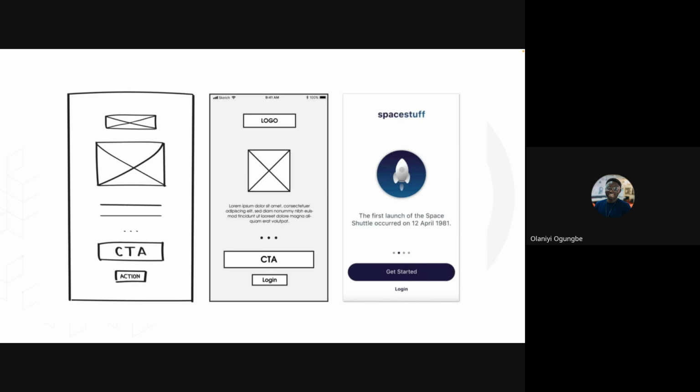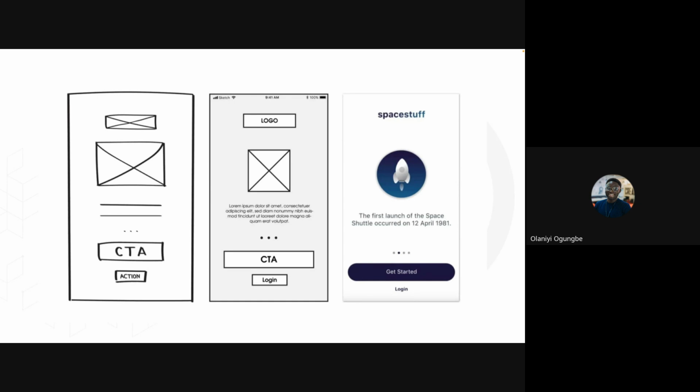Okay, so the question is, can one just choose between low fidelity to high fidelity and mid fidelity to high fidelity instead of capturing them all, like low fidelity to mid fidelity to high fidelity? Just like I said, it's a thing of preference or the organization you work with. As a freelancer, you could decide that you just want to do mid fidelity and then high fidelity.